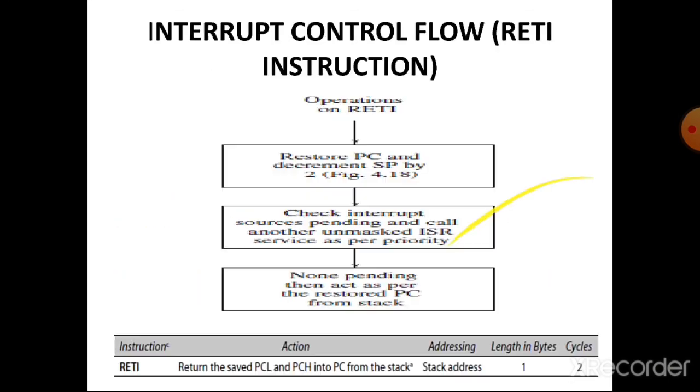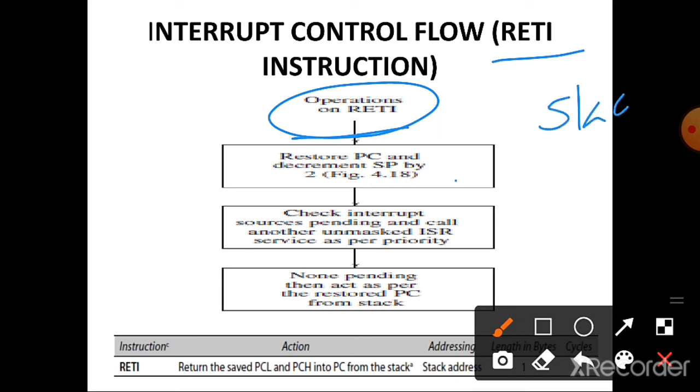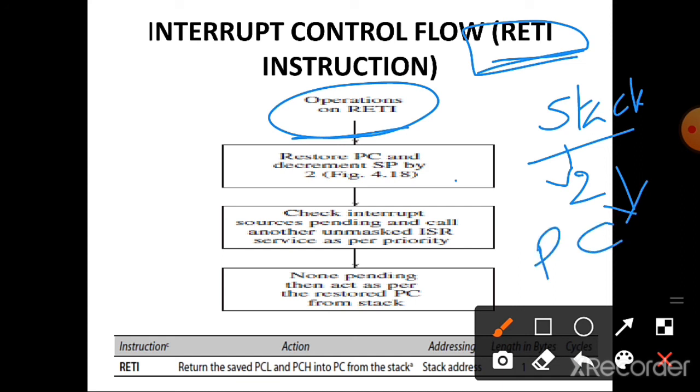Another instruction is return from the interrupt. In the operation of return from interrupt, the first step is to restore the PC and decrement SP by 2. After execution of the interrupt service routine, it will return to the main program. So before returning, the stack pointer is decremented by 2 and the content is stored in the program counter. This program counter contains the address of the main program,